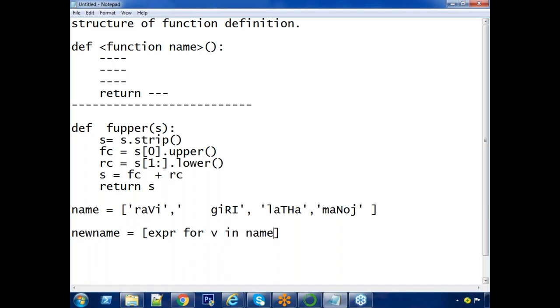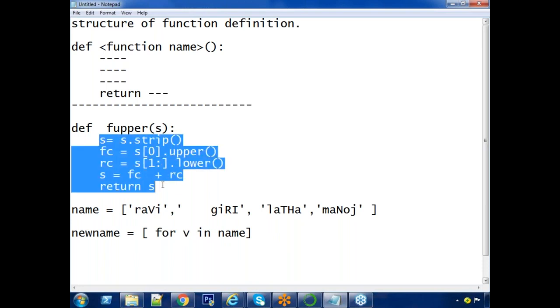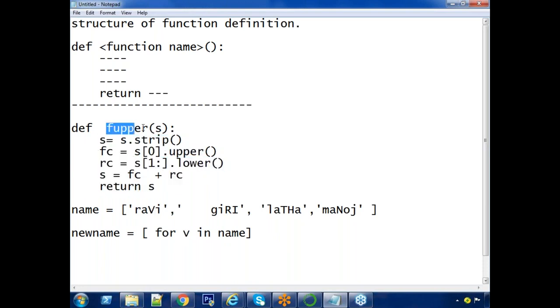You have 4 names, so the loop will run 4 times. At each iteration the value is taken into v, and the v is written to the expression place. Here you are allowed to give only a single expression, but you cannot keep multiple statements. That's why in that place, I'm calling this function.